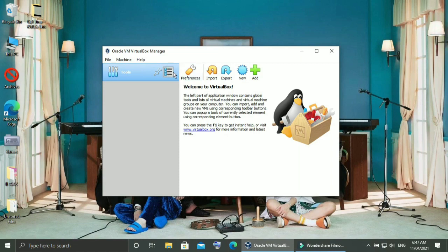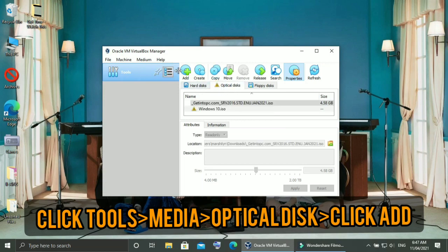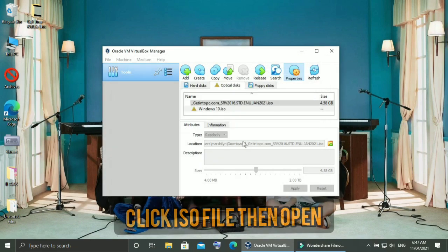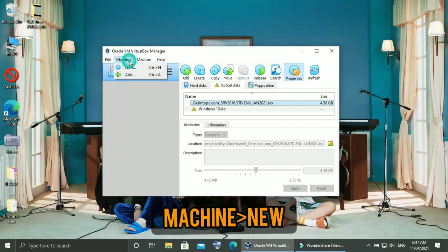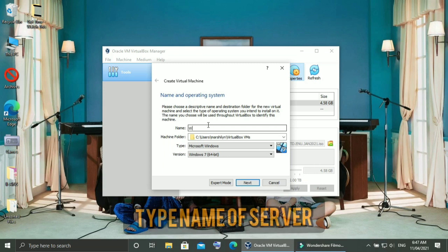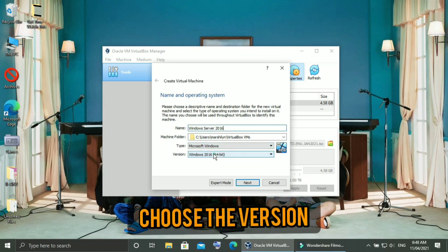In installing Windows Server, the first step is click Tools, go to Media, click Optical Disk, then click Add, look for the ISO file, go to the machine, then click New, type the name of your server. Here we name it Windows Server 2016, choose the version,